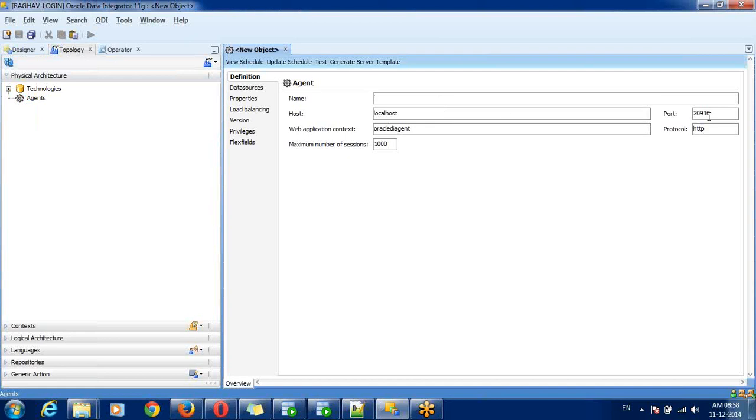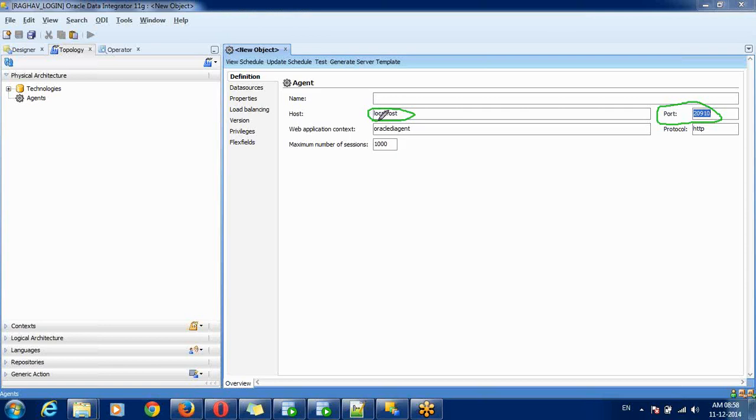So for the standalone agent, the default port number, once we install, is 20910, or whatever you provided at the time of installation. Then the host: whatever host you installed your server on should be there.